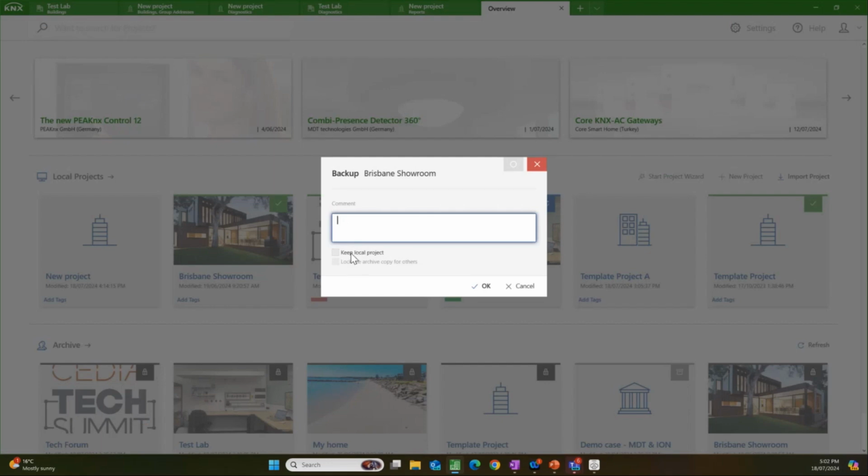I could keep the project local, meaning I keep it on my computer. If I don't want to keep it local, I can untick that and it'll put it just in the archive. I can lock it from other people using it. If someone else is looking in that same shared folder, they're going to have the same archive as I've got. So depending on what I do, I can lock it or unlock it. And then once I press OK,